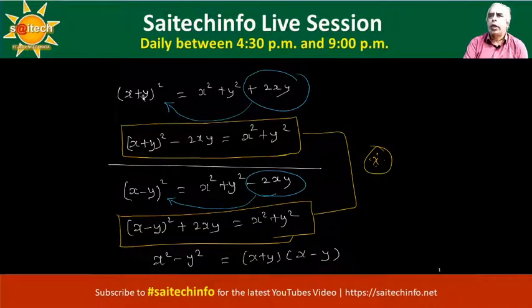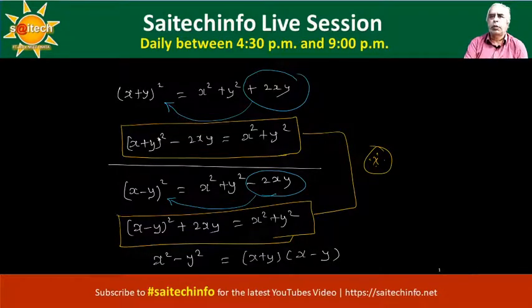For instance, you have (x plus y) whole squared and you can bring the 2xy to the LHS. So plus 2xy becomes minus 2xy. Therefore, (x plus y) whole squared minus 2xy is equal to x squared plus y squared. Normally you will be asked x squared minus y squared, which is equal to (x plus y) into (x minus y), that we know very well. But in some quadratic equations and problems associated with them, this x squared plus y squared formula is very important, and it can be interpreted in two ways.